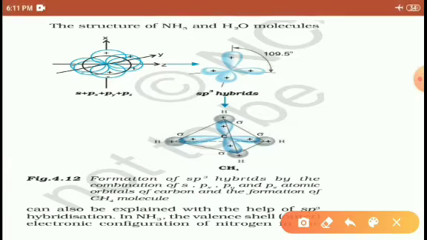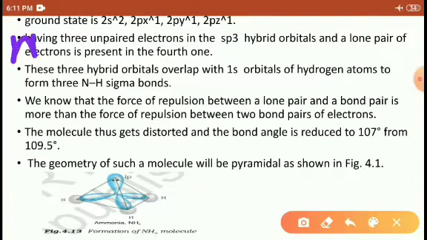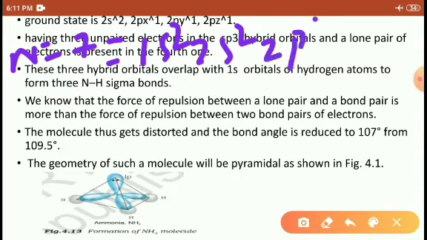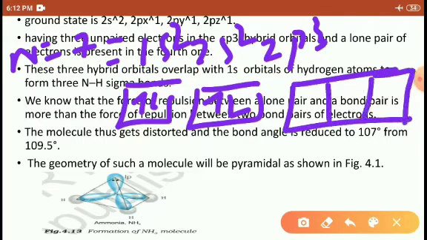So here, ammonia, one more structure, the example ammonia is given. So I will tell you, ammonia, the nitrogen, always ammonia, it means NH3. Which one is the central element? Central element is only one, and terminal elements are 2 or more than 2. So nitrogen is the central element. The central element always causes hybridization. We are considering hybridization, atomic number 7. So 1s2, 2s2, 2p3. Right? Okay, here 1s2 is 2 electrons, 2s2 is 2 electrons, and in the 2p, 3 electrons are present.